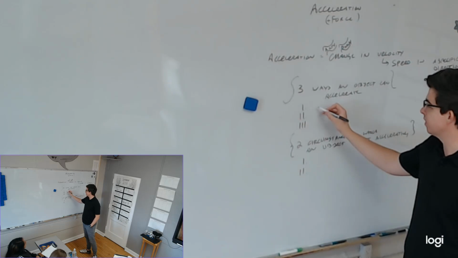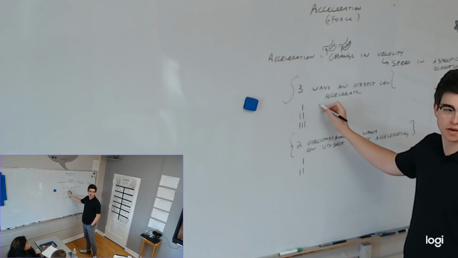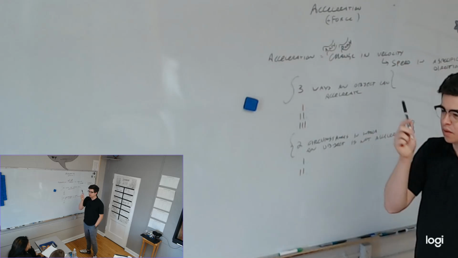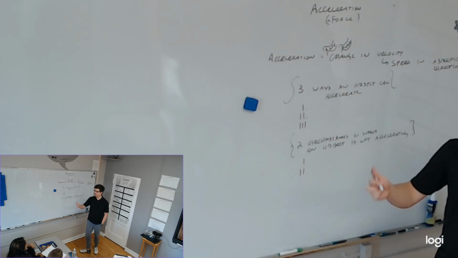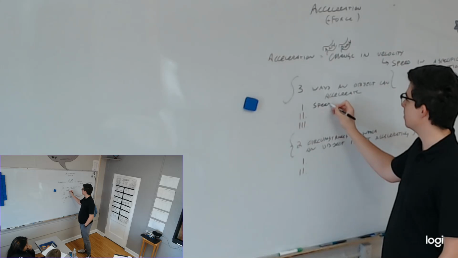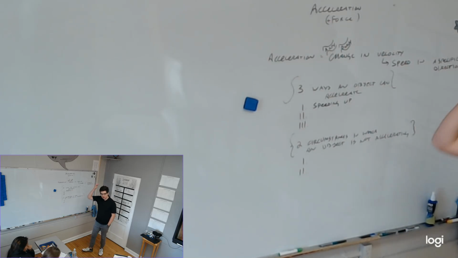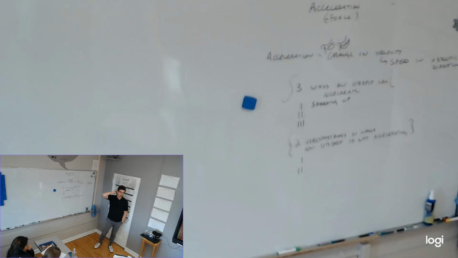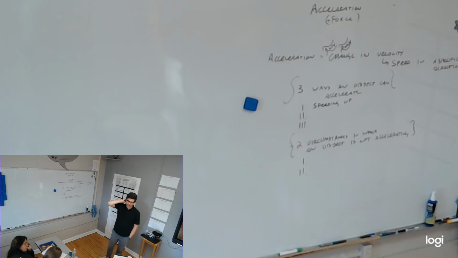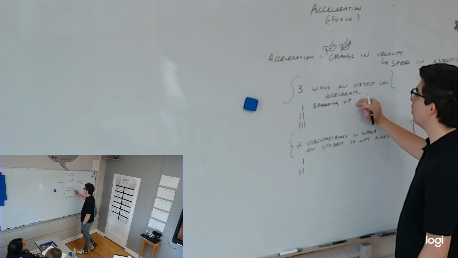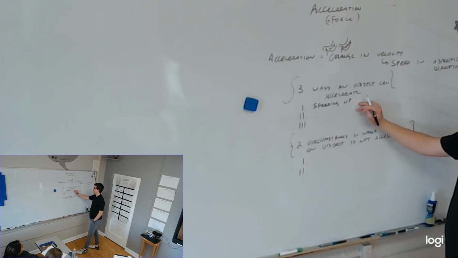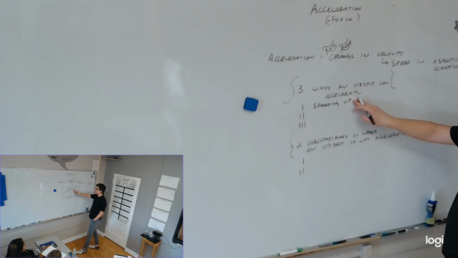What is one way an object can accelerate related to what I was just talking about? Moving faster. Yeah, moving faster. When a person in their daily usage talks about it, they probably mean speeding up. The button in your car that makes it go faster is the accelerator. I'm going to call it a button. It kind of is. I guess we should probably technically call it the throttle. But then we do colloquially refer to that as the accelerator, which we mean speeding up. But that's only one of the three ways the object can accelerate.